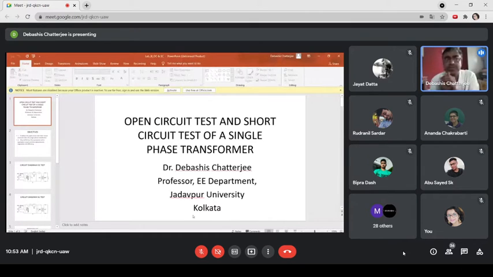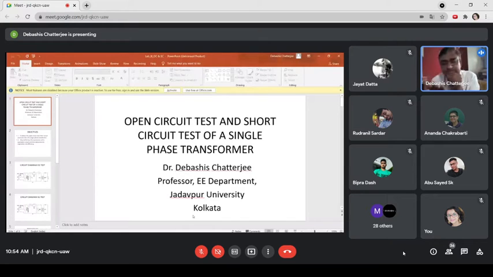This type of formation of the equivalent circuit is known as a T equivalent circuit. So it is forming like a T. The primary side leakage reactance is on the left, the secondary side leakage reactance on the right, and in the middle we have shunt components like RC and XM. Some are series, some are parallel, or shunt. Now this T can also be transformed into a pi equivalent circuit. Those are things you learn when you go to upper classes like master's degrees. But anyway, at this moment you remember these things.